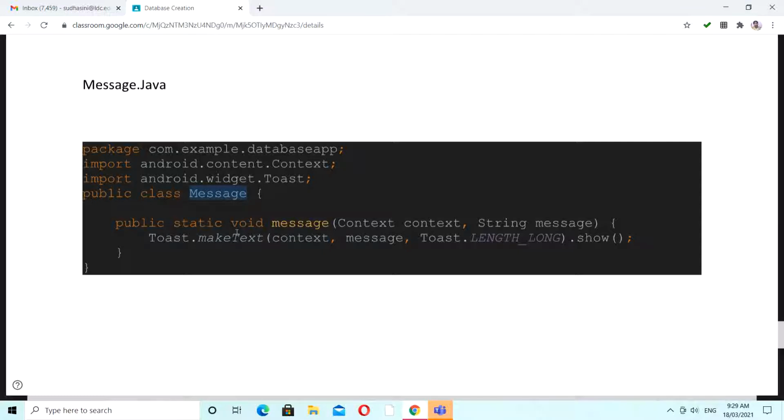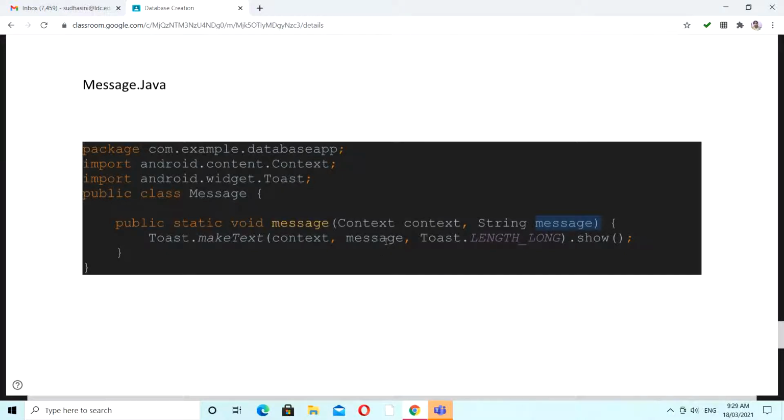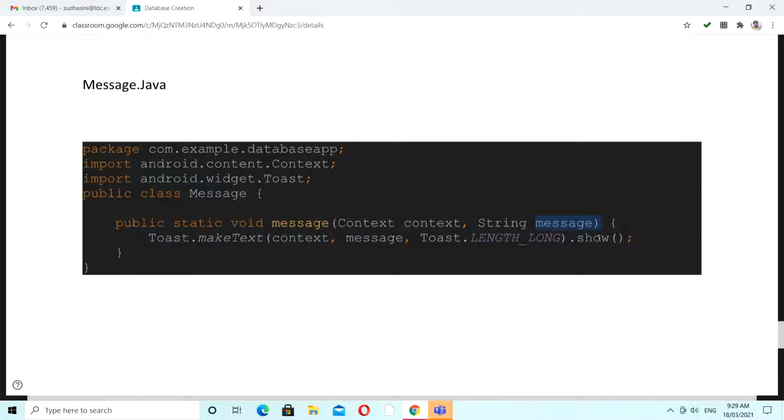Okay, and then public static void message is another method, which is a user defined method. Within this user defined method I'm passing two parameters: context and then string message. So Toast.makeText is the method where we pass the context which I have passed here, and then the message, the second parameter of your method. And then we make sure of Toast.LENGTH_LONG, I mean the toast is specified in a mode of length, so some lengthy information can be shown. Finally we put show, so that your content will be shown.